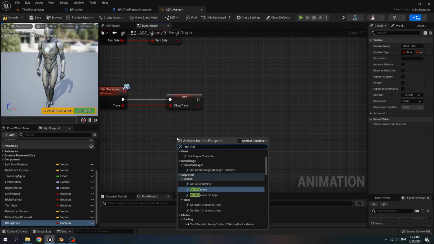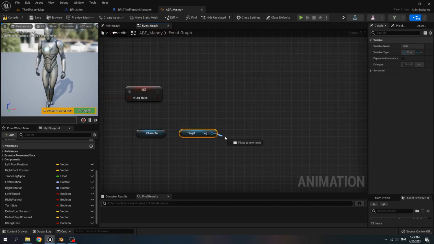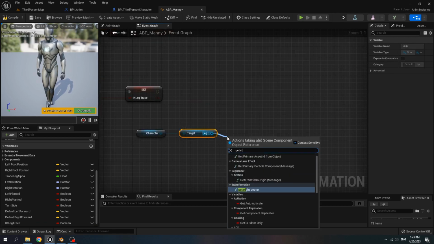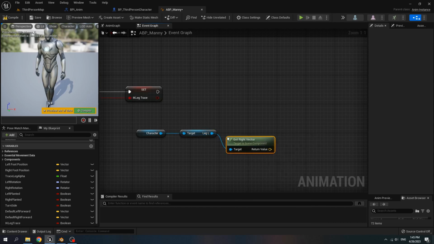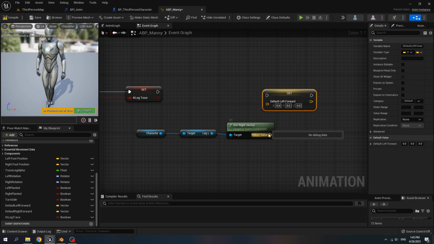get character leg L, get right vector, and then set it to default left forward.